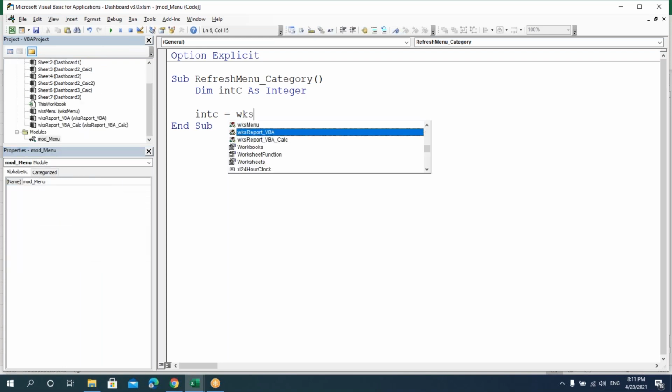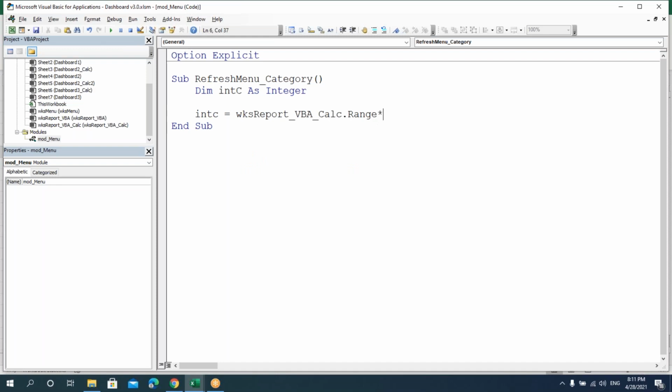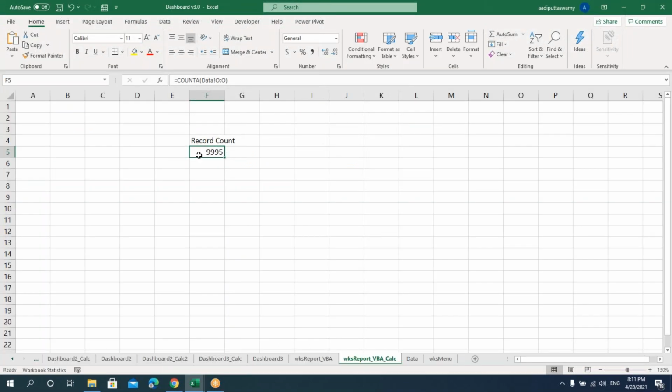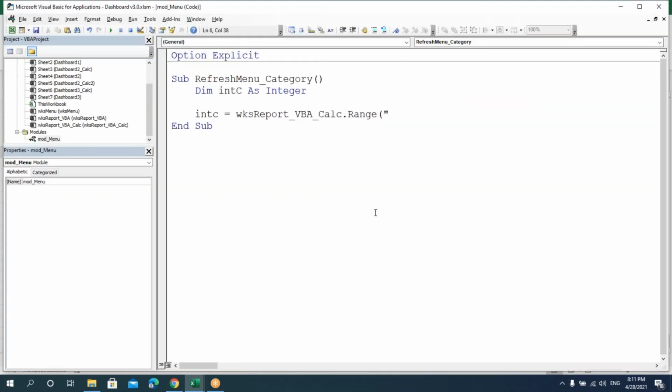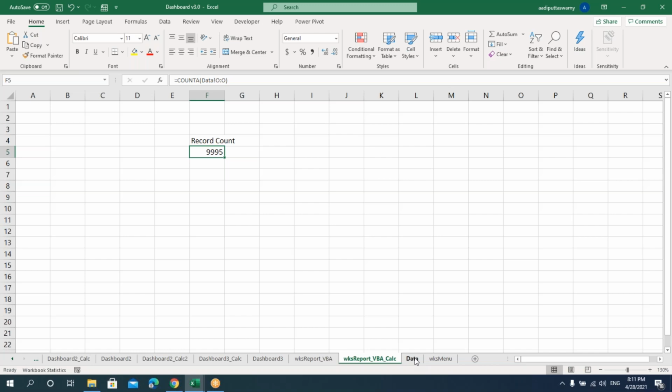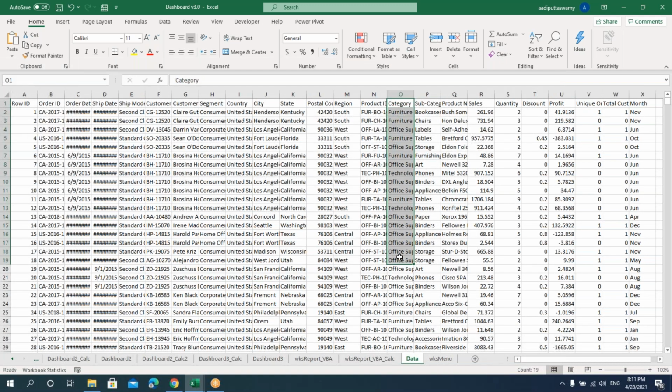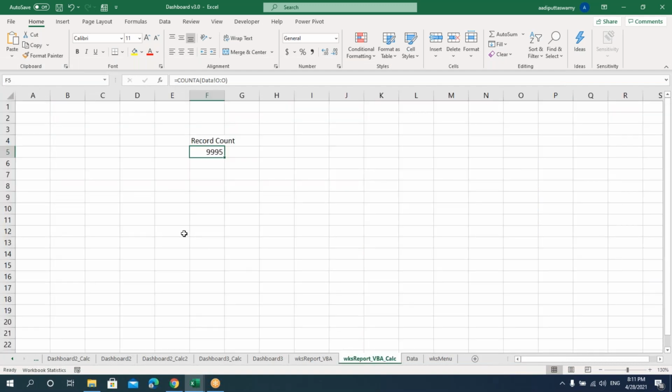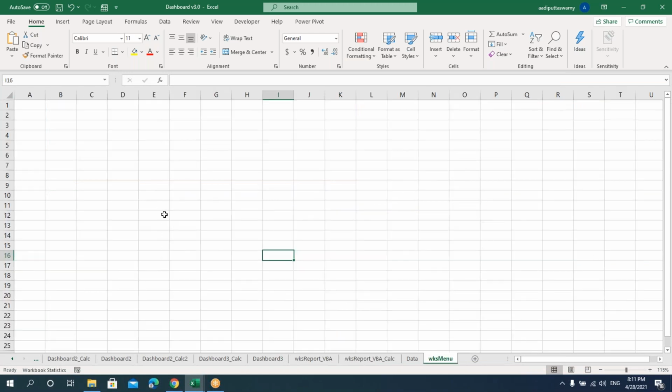So this will be this calculation sheet dot range of, we'll take this count, that is the cell, dot value. Now we have to copy the category here and then paste it in this menu sheet.